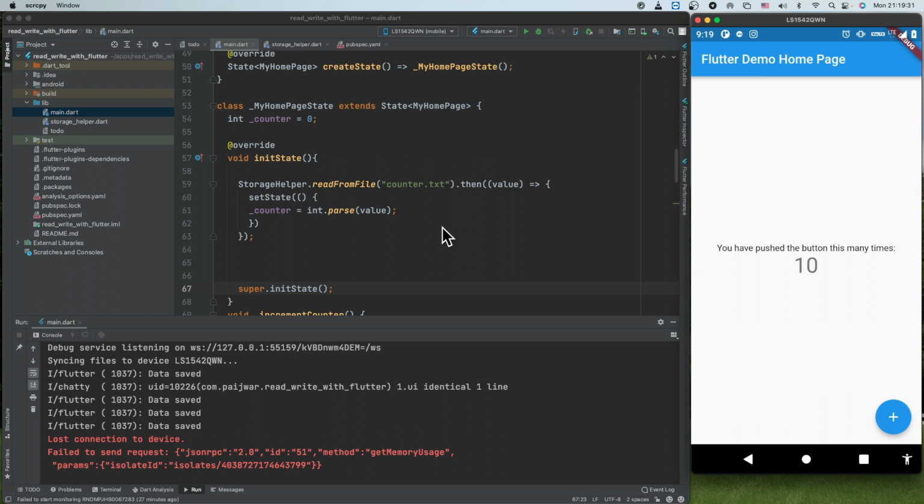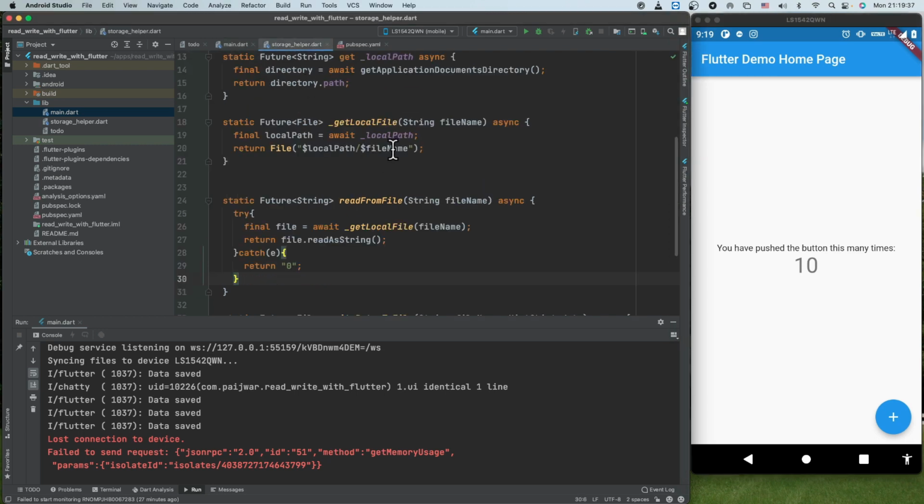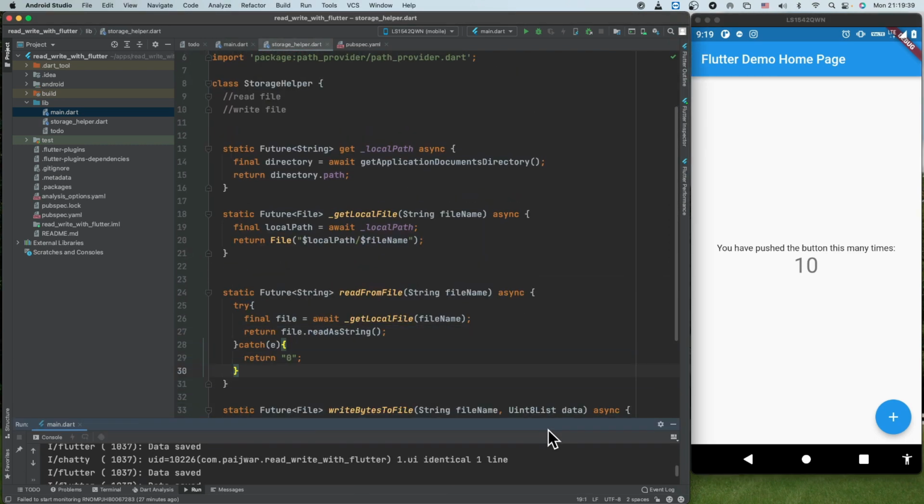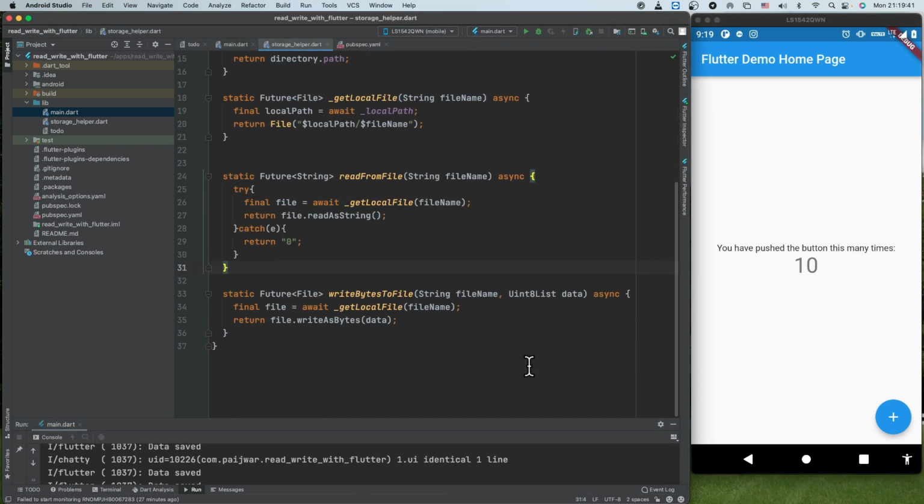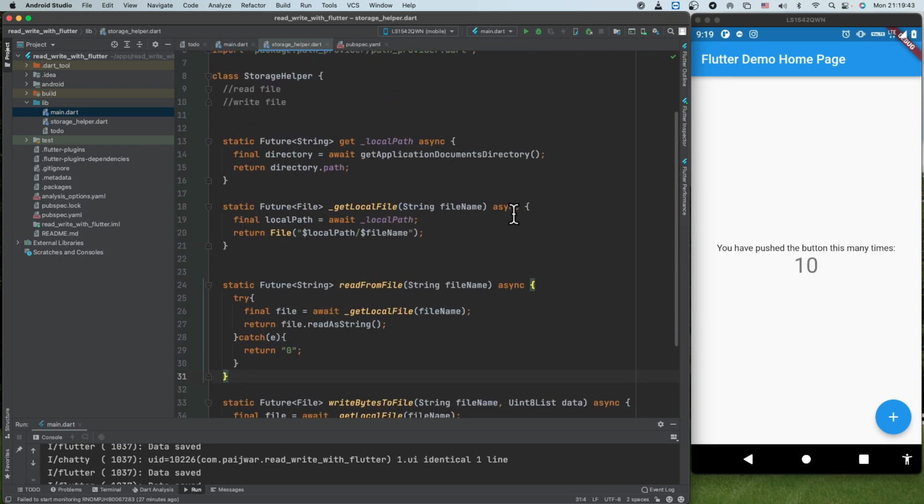so this is what I wanted to show you, how you can read and write data to a file. You may want to refer to this file and go through it multiple times. If you don't get it, if you have any queries, you can just post them on YouTube.